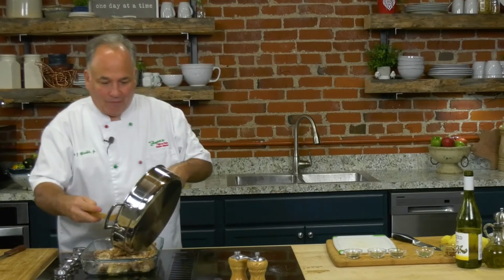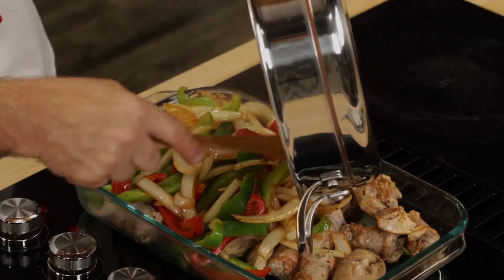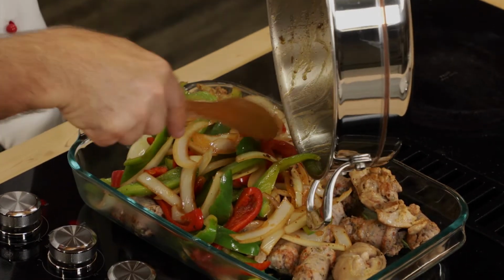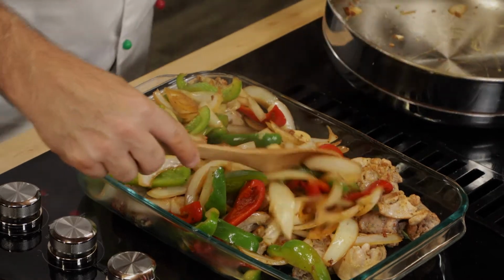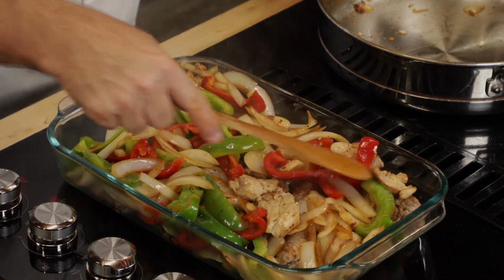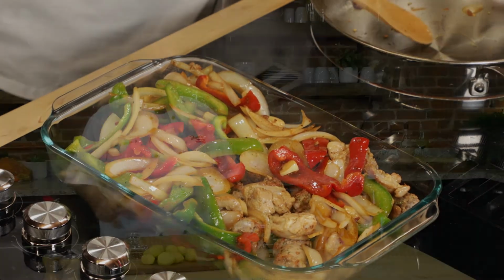I like to always say we have a nice clean pan now. Oh, yes. How about that? Beautiful, easy, and delicious. All right, now it's time to put everything together in this beautiful chicken and Italian sausage